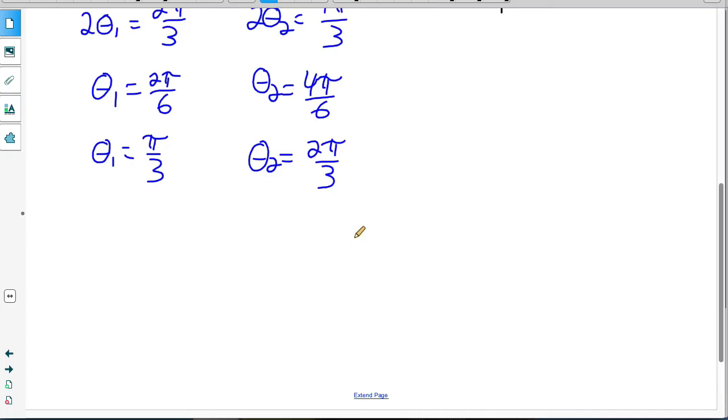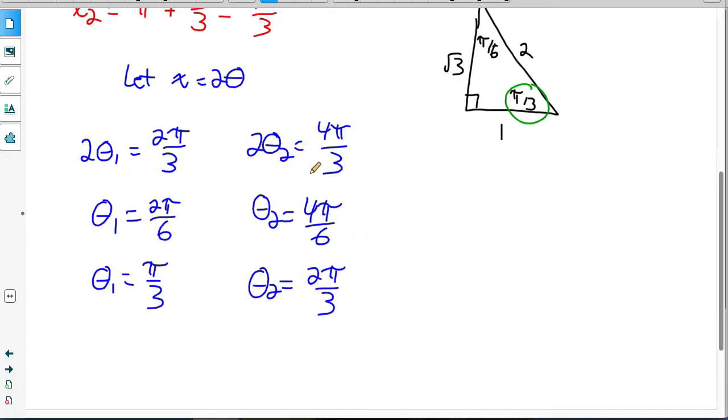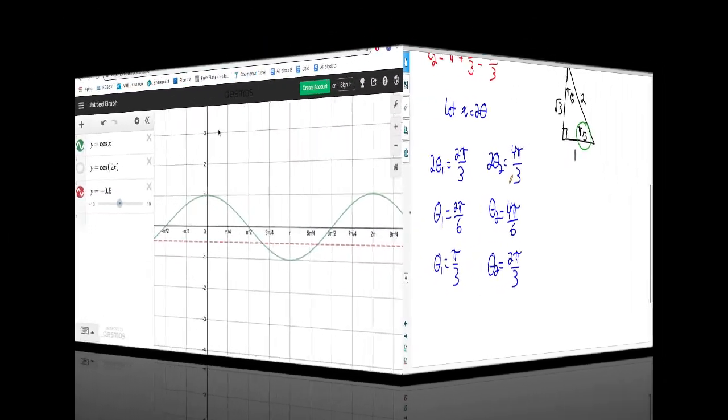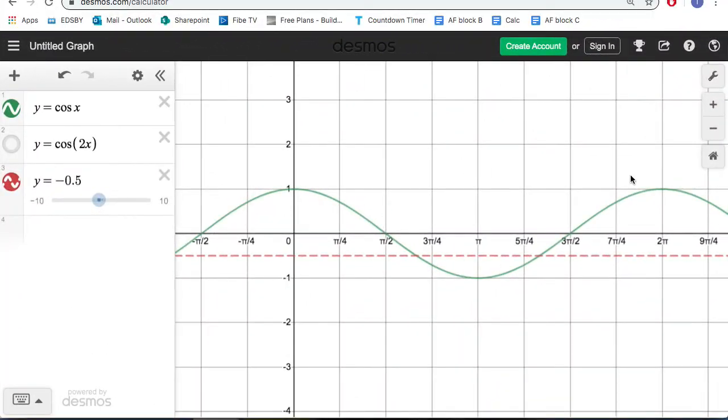And remember, this function is going to do 2 cycles between 0 and 2 pi. Let me just bring this up in Desmos quickly to make sure you know what we've found. Okay, here in Desmos, I have a cosine function graphed. And what we did first was we figured out where a normal cosine function is equal to negative a half. So it's equal to negative a half right here at 2 pi over 3 and right here at 4 pi